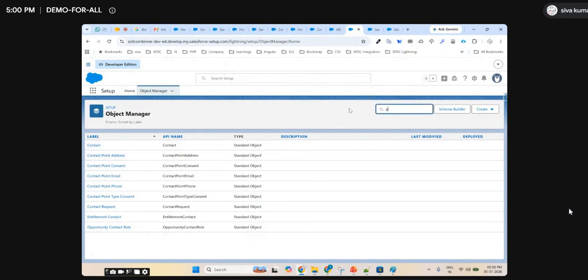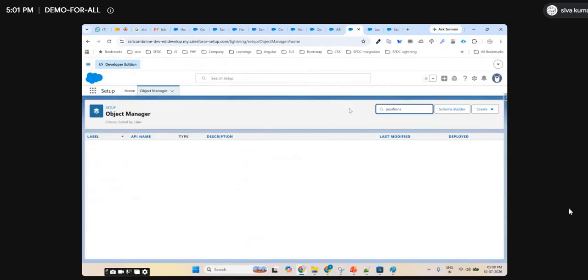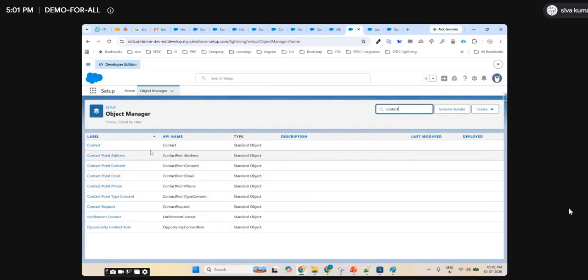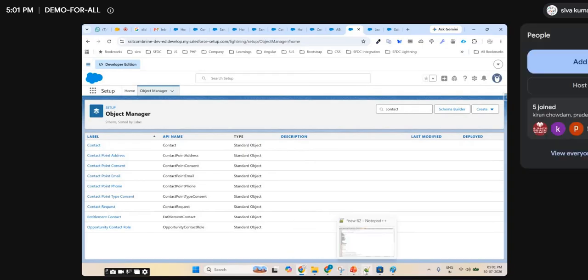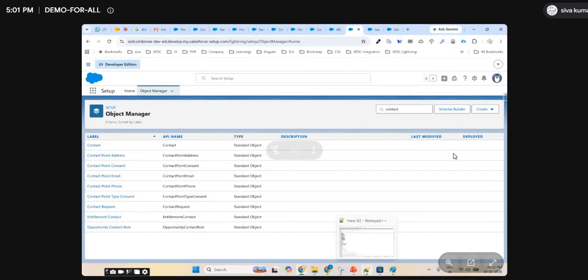For example, I took a different object. Position, see. If you see here, position is a label. It's a custom object. So we'll create all these things. I'm just showing you how custom objects display here. And if you see here, __c means it will add __c to the custom object. So if I see the contact object, contact doesn't have this __c. It is not custom, it is standard. I just want to emphasize what is standard, what is custom. You will be building everything later.